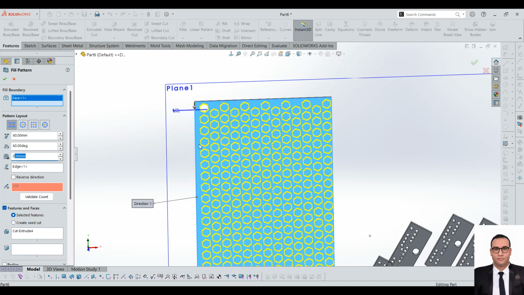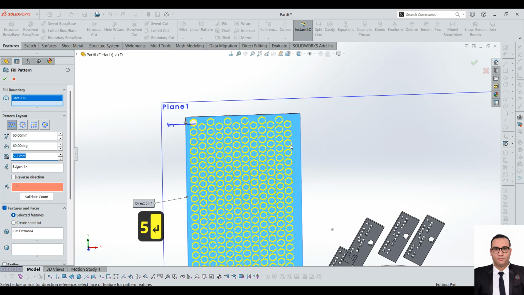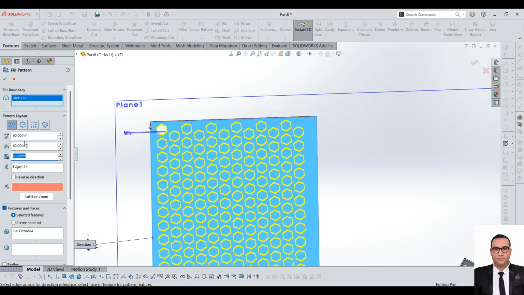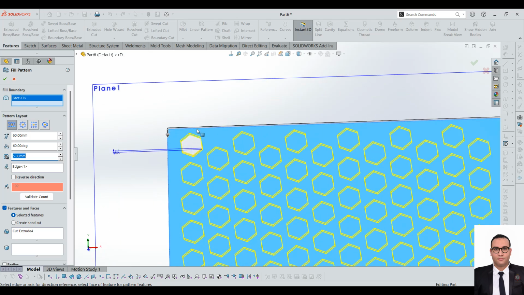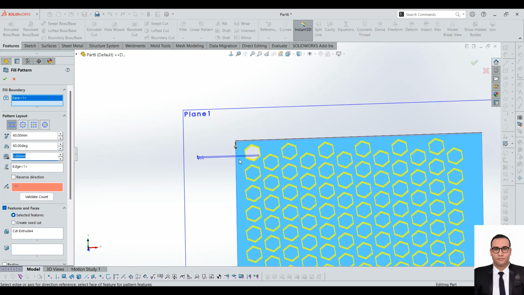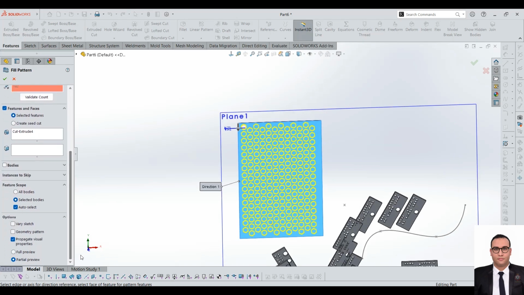So it will be far away from the surface. If we put 5, it will give it 5 distance away. See, from this side only, not from this side, because this side is already determined by the features that we have drawn. Okay, then as usual, here we can skip